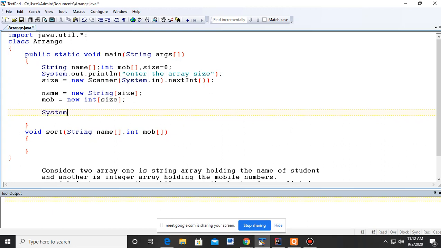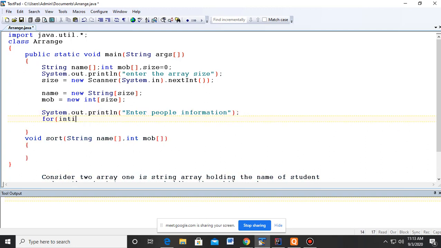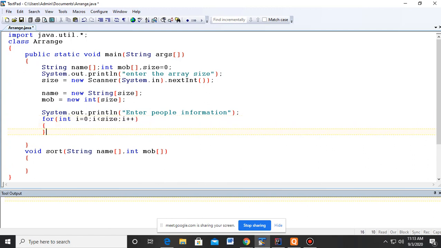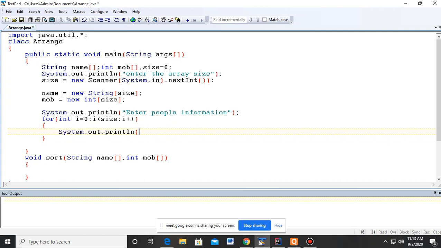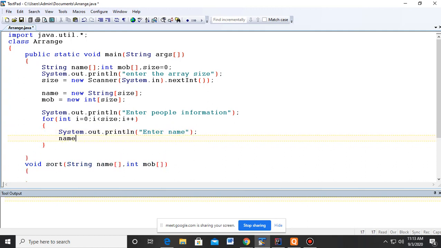So now children, here this is the message to enter people information, and after that you need to start the loop from 0 to less than size, and within that you need the enter name message, and that is name of i is new Scanner